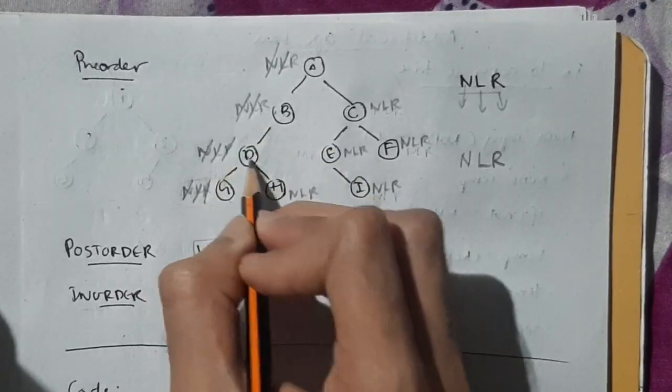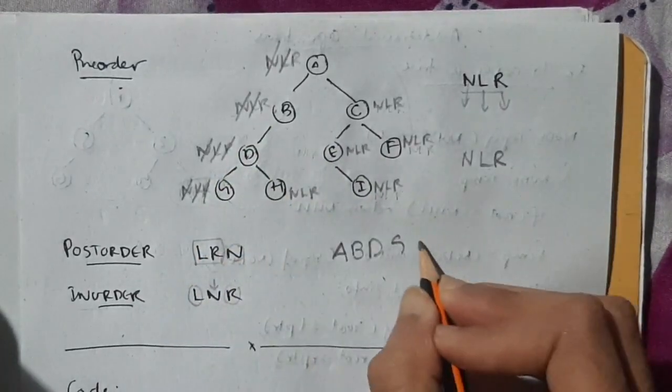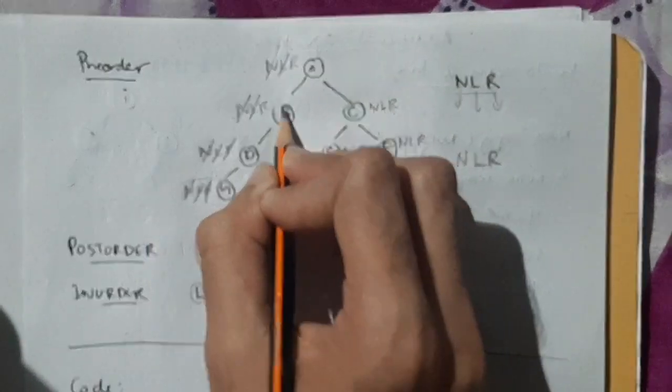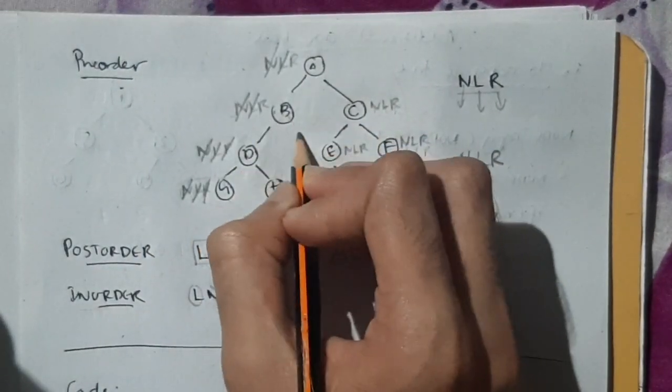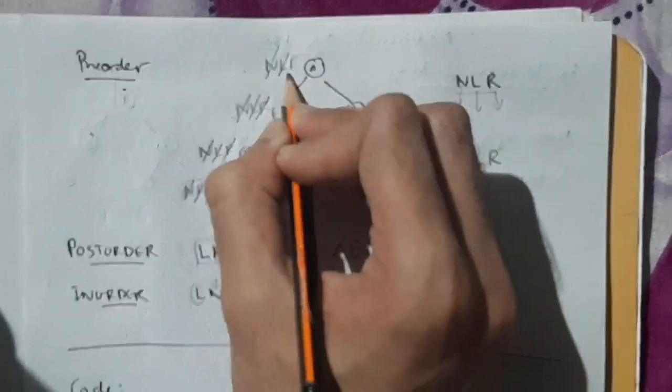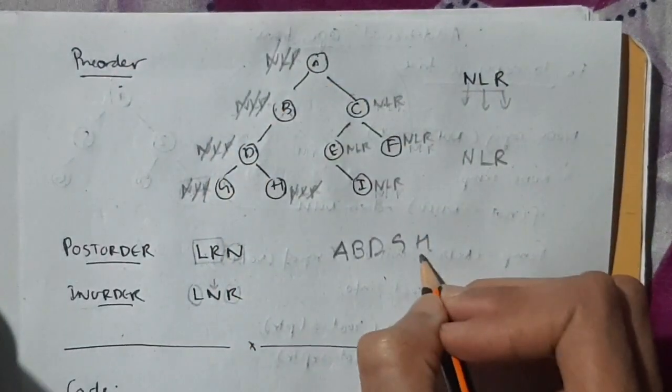Now it should go to right. Okay, right. Then again H will be printed. Then these 3 things will be cut and it will go back. When it goes back, it will check here. This one R, no, nothing is there. So it will go again back here. Then A has right, so A will go here. Like that, if you continue, you will get the whole